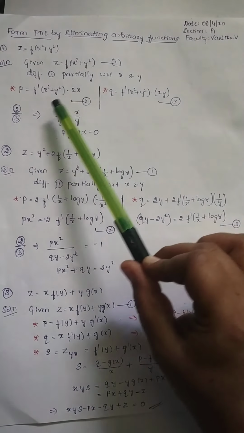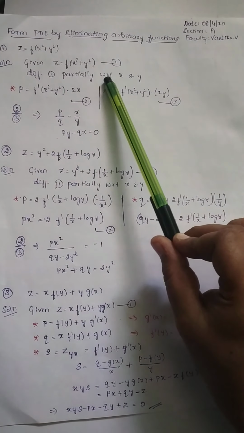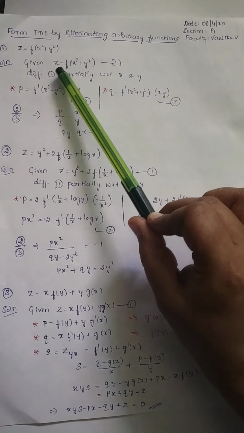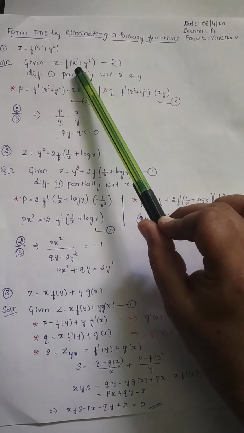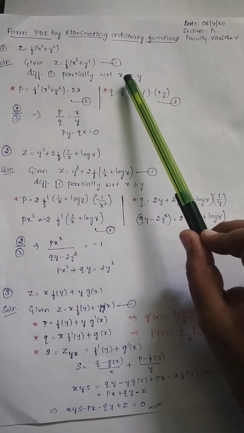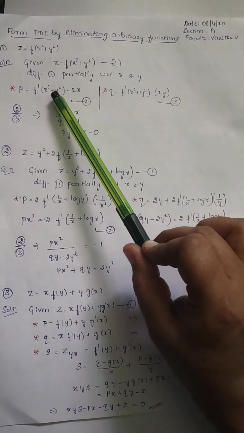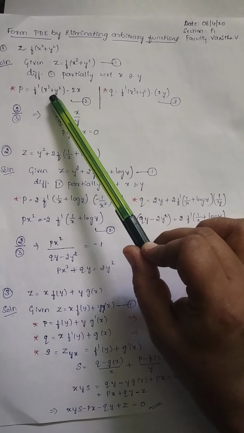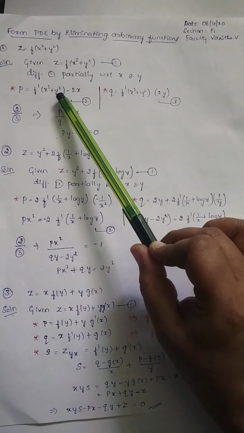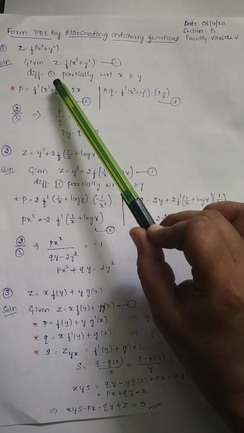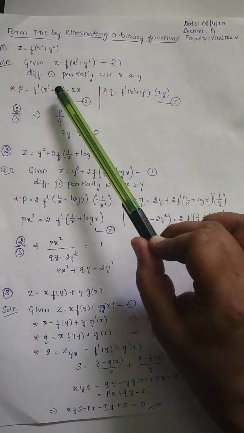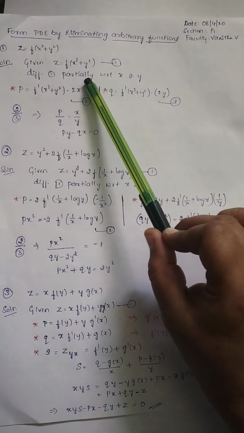Okay, so to begin we'll take partial differentiation with respect to x. So LHS becomes del z by del x, nothing but p, and in the RHS differentiation of f of x with respect to x is written as f dash of x. And then by chain rule differentiation of x square is written as 2x, and differentiation of y square will be 0 as y is a constant when you differentiate with respect to x.